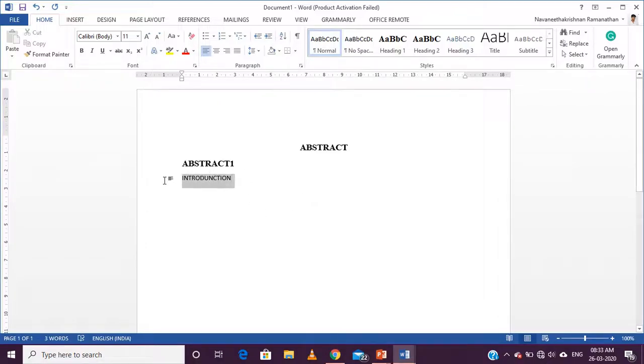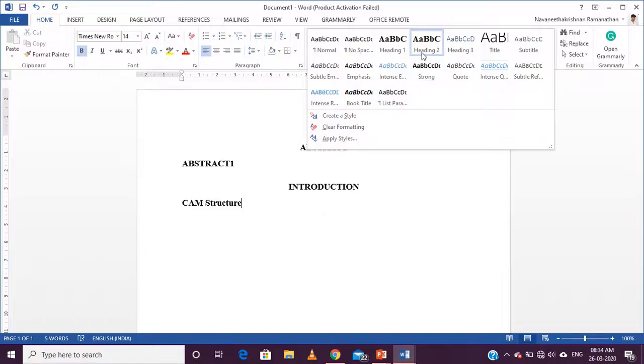So introduction, heading 1, it will go. Heading 2, it will go like this. So like this we can set up the format which is required for our report.